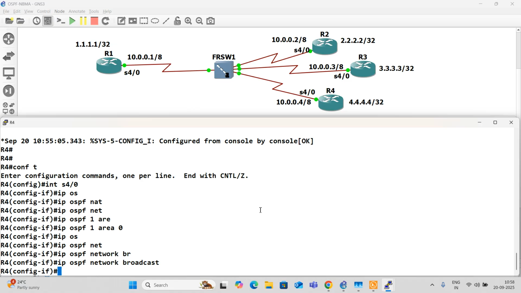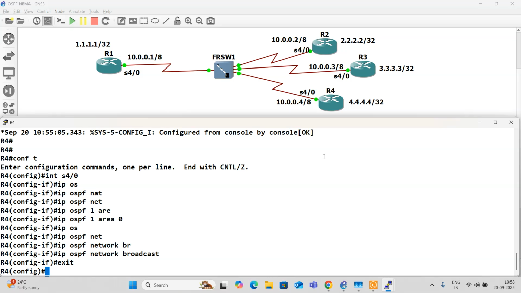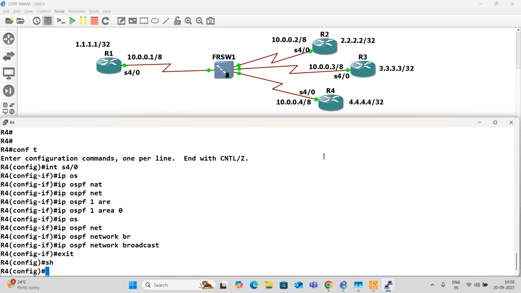All right, now I'm going to paste the same thing on the other 3 routers. Show run.